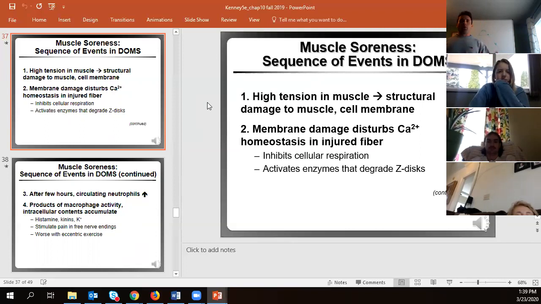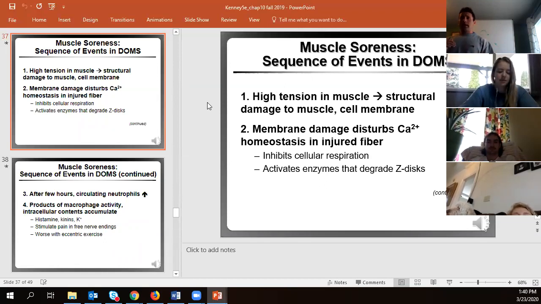That's why you can do things like pull a sled, do prowler sled sprints, run up hills all day, and rarely get that sore from it. But if you go and do a number of just eccentrics of lowering a weight really slowly, specifically if it's a maximal load, have someone else pick it up for you and lower it again, you're going to cause massive amounts of damage to these systems, which in turn is then going to cause issues with the normal calcium levels